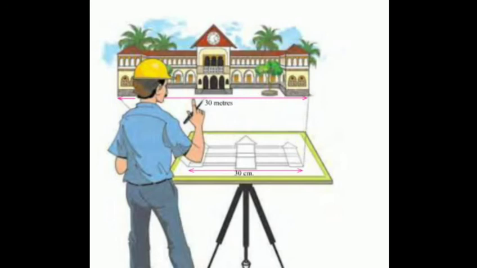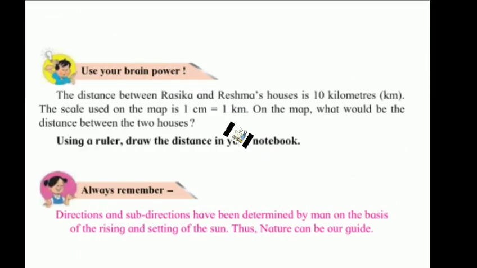See students, when we draw pictures of houses, mountains and people, we draw them to fit the size of the paper we are drawing on. It is the same while drawing maps. While drawing a map, the distance between two places on the ground has to be shown in such a way that it fits the paper. The distance on the map is proportionate to the distance on the ground. Try to understand this with the help of the picture given here.